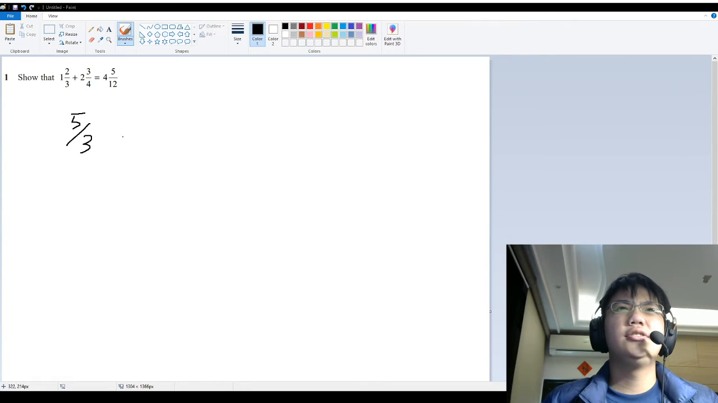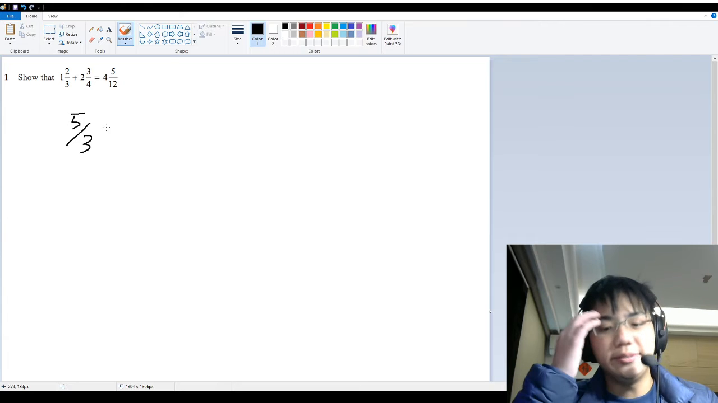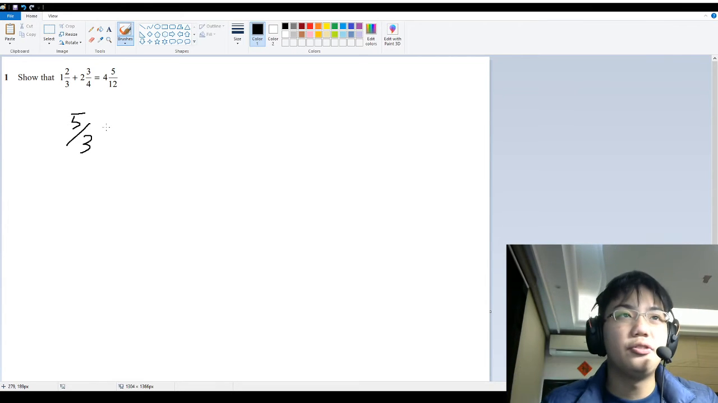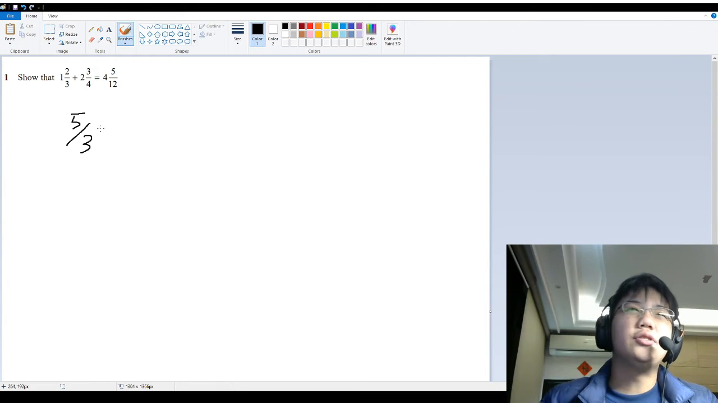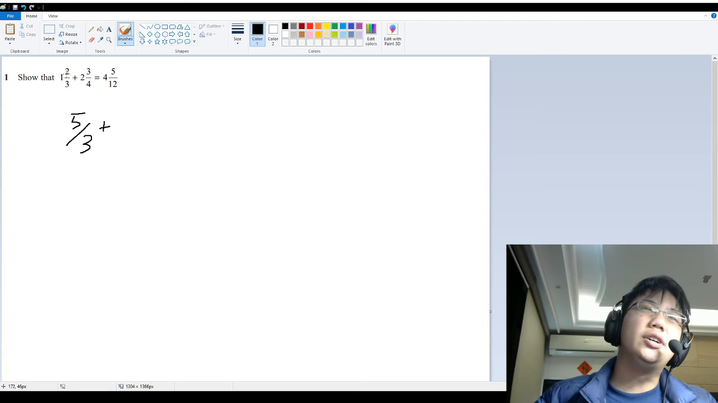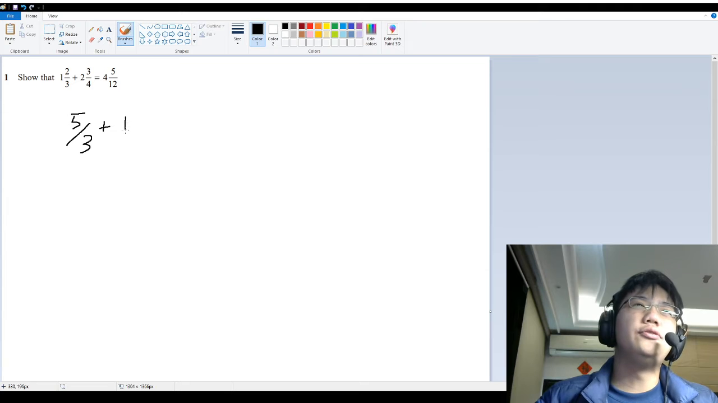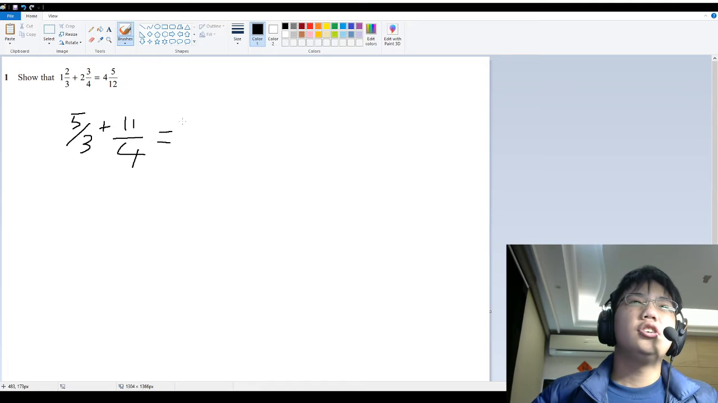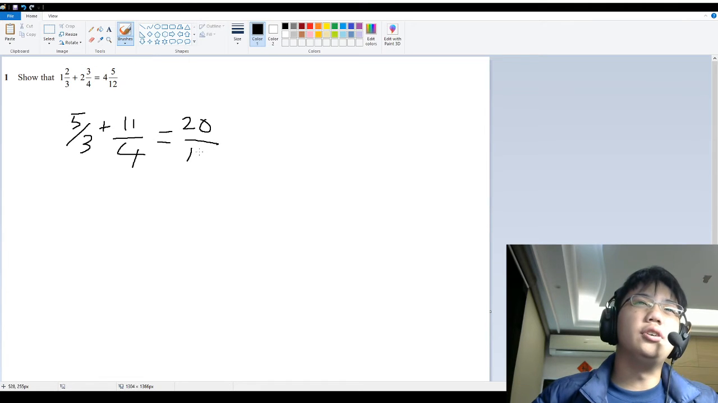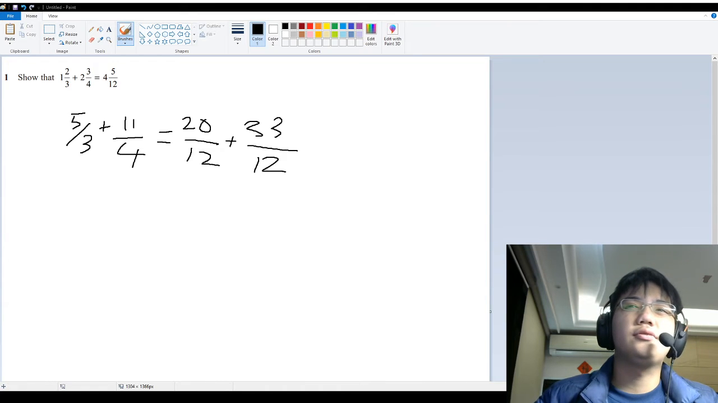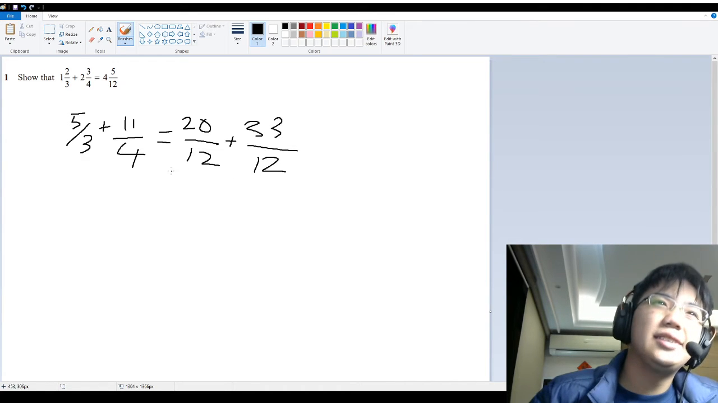to an improper fraction. So 1 and 2/3 equals 5/3. 2 and 3/4 is 11/4, which equals, 20/12 plus 33/12. And as you can see in the last step,